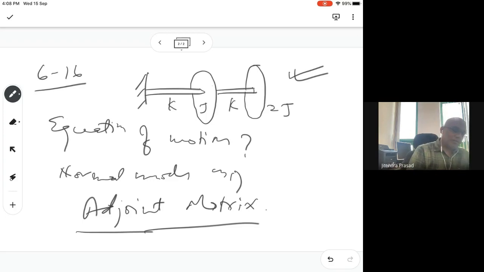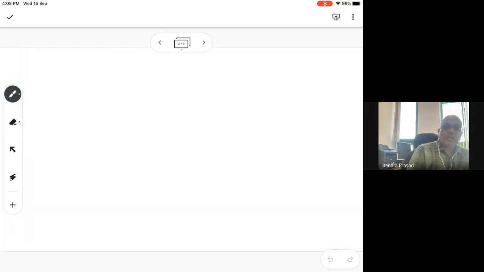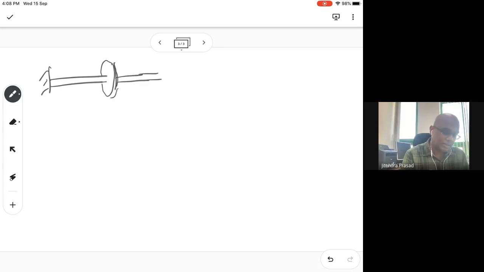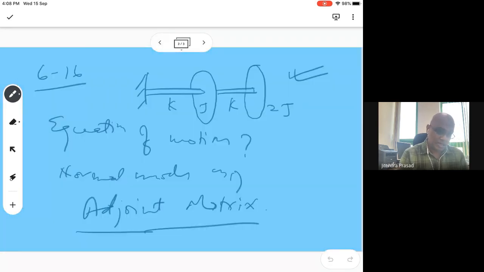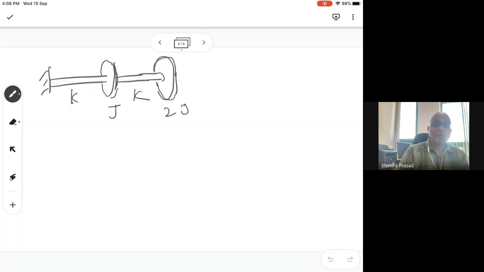This is equivalent to the mass spring system only. So when you have a system like this, you have K here, J and 2J. Now this is a rotational system, and K is for the shaft, the stiffness coming from the shaft. So the shaft will provide the rotational stiffness. And to solve this kind of problem,